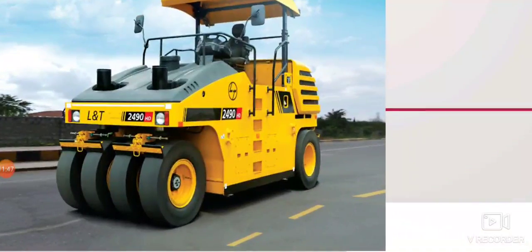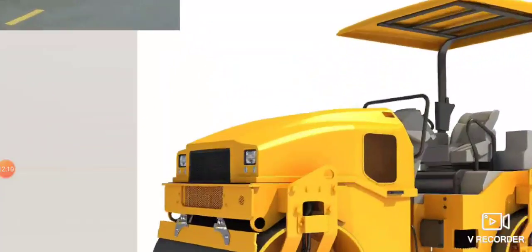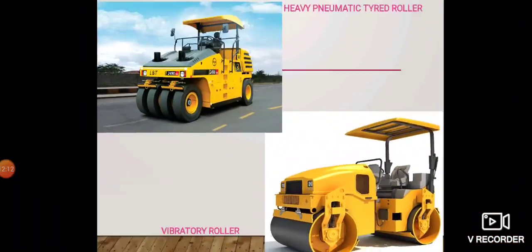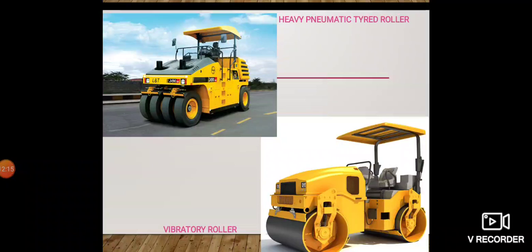Here you can see pneumatic tired rollers, for which appropriate gross load or tire pressure may also be used. If the selected material can be effectively compacted with these kinds of equipment, or you can go for two drum vibratory rollers. The rolling is done starting from the lower edge and needs to